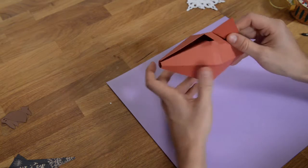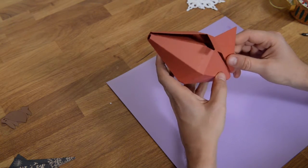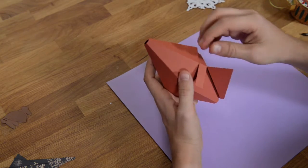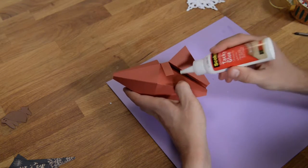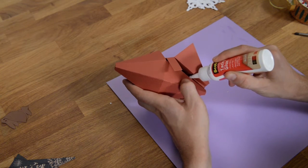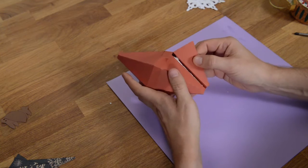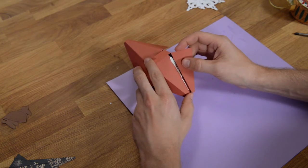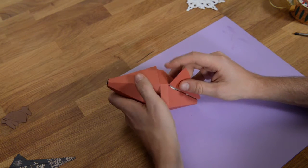Okay, so here is where we've got our last little piece, and we want this piece coming out, and you can see how that works. Okay, so we've got one more little tab to glue down here. And now we don't need to worry about clean seams on this because this is actually going to be covered up. So just make sure that you get that nice and aligned. Okay, so just push that down